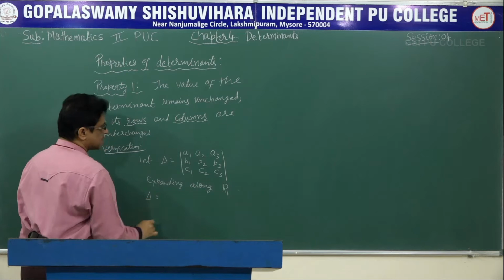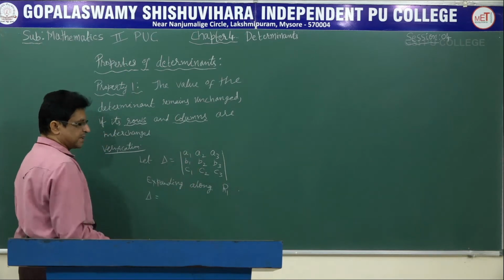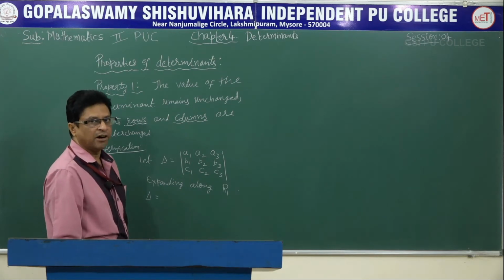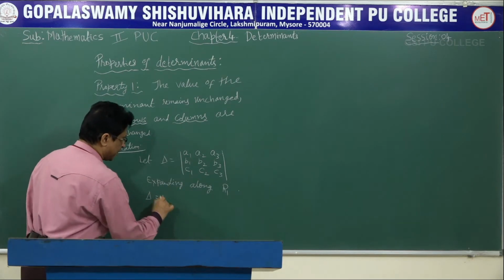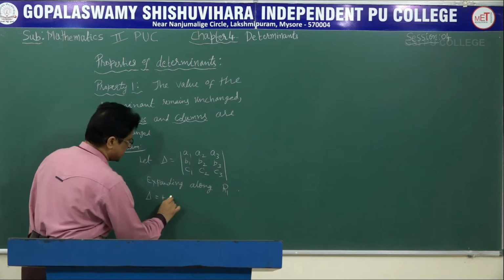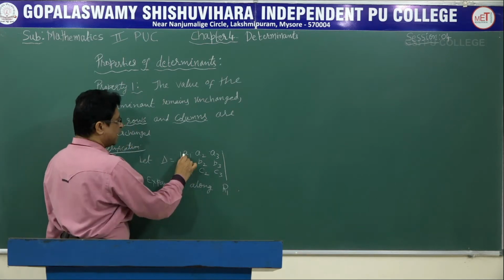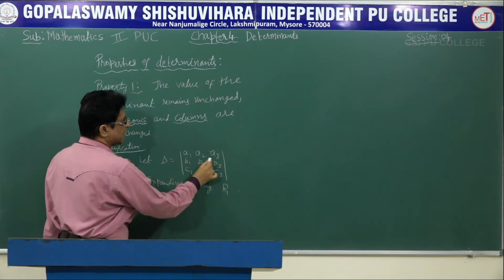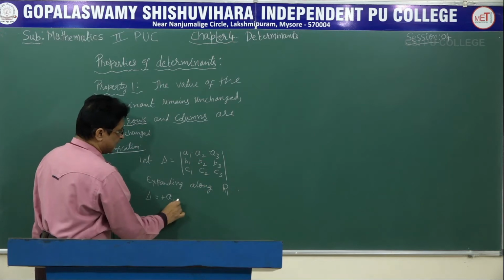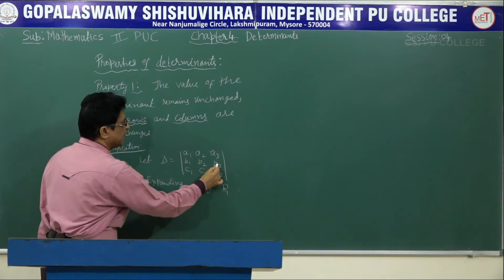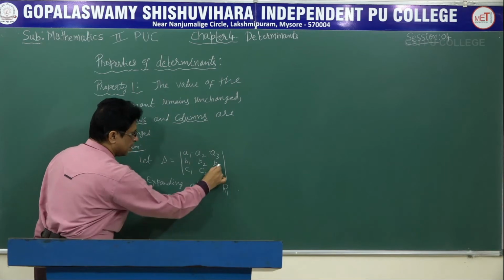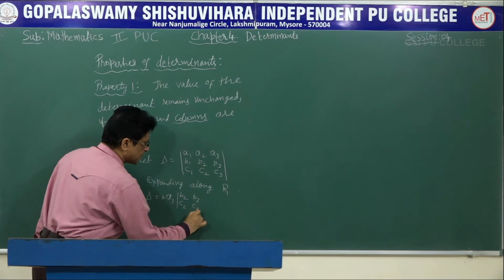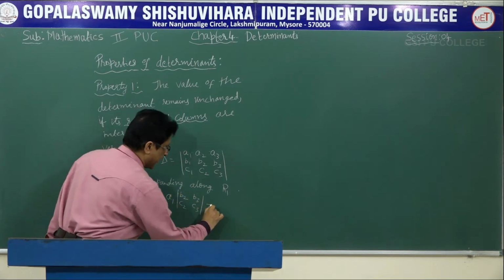So, delta equals, so we use the method of expanding this determinant of third order. So, let us write plus first element in R1 is A1. We eliminate the first row and first column and take the determinant of the remaining elements, that is A1 into determinant of B2, B3, C2, C3, minus